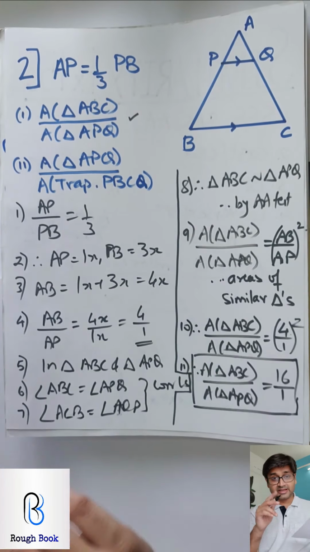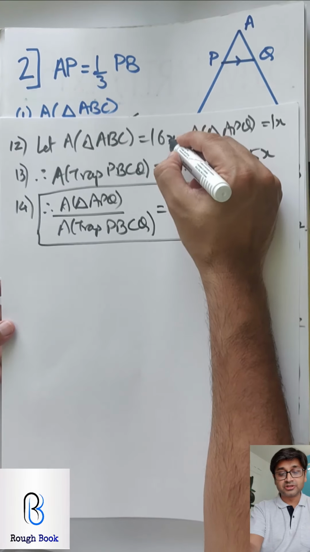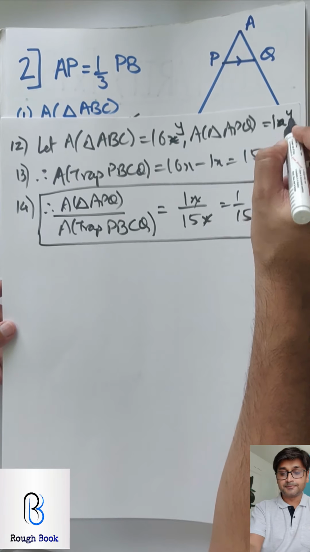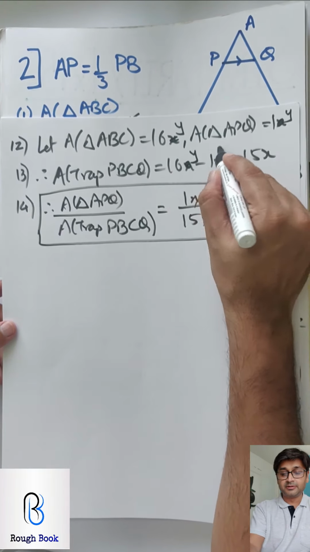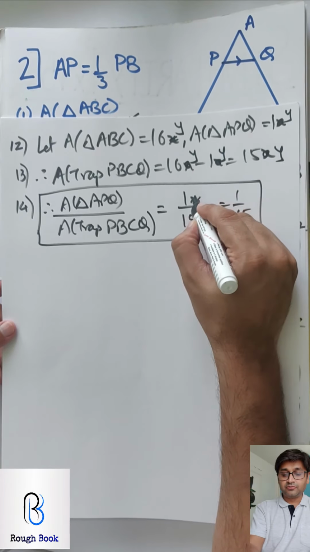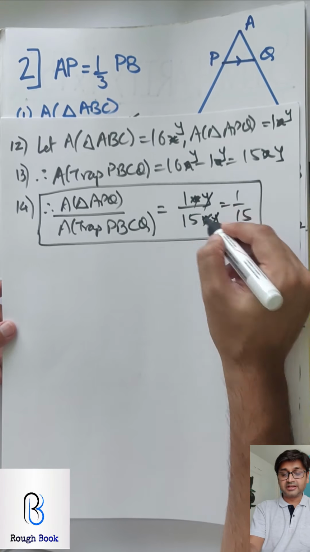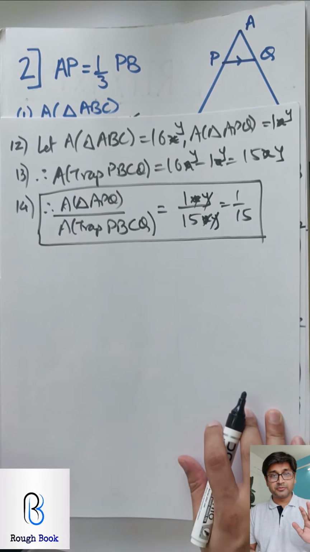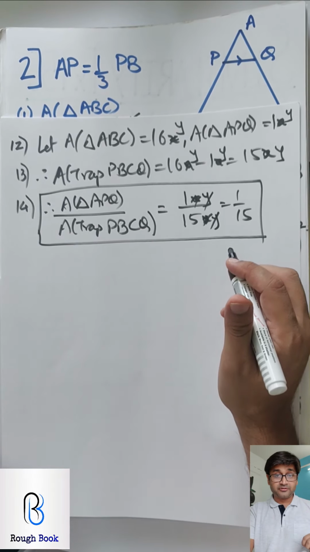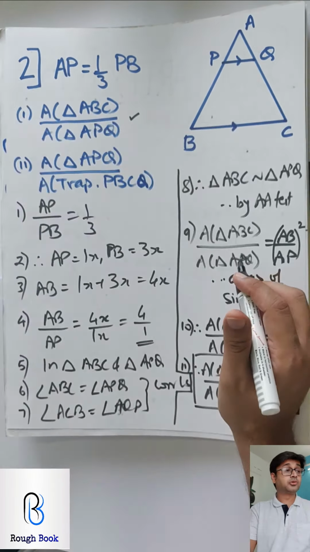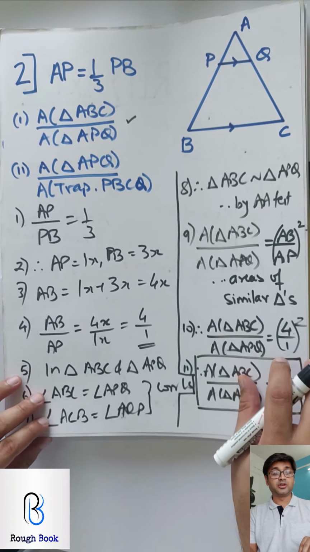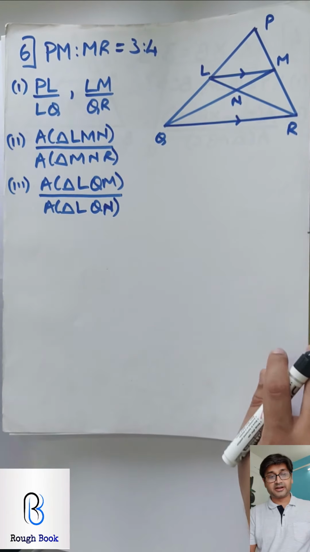We already used X once. So the second time you should use another variable. So let's use Y. Don't repeat the same variable please, okay? So Y, and then Y gets cancelled, 1 by 15. Ultimately it's going to be the same, but you are expected to use the variable. If you don't do that, there are chances that you might lose a mark, okay? So please don't do it directly, alright?